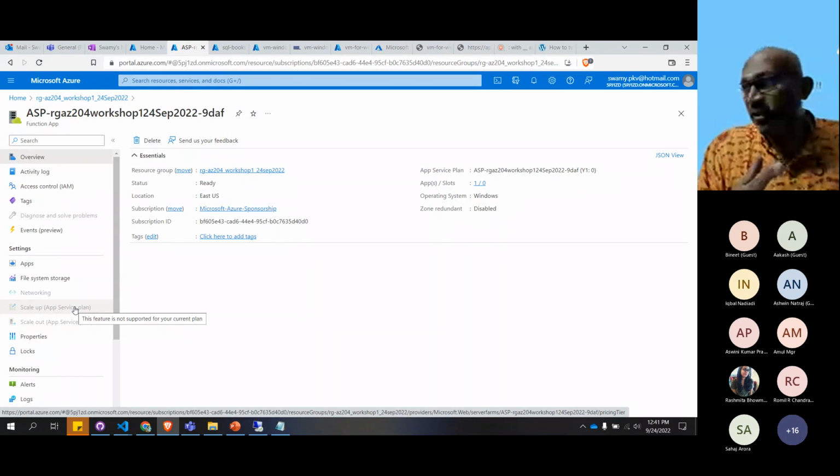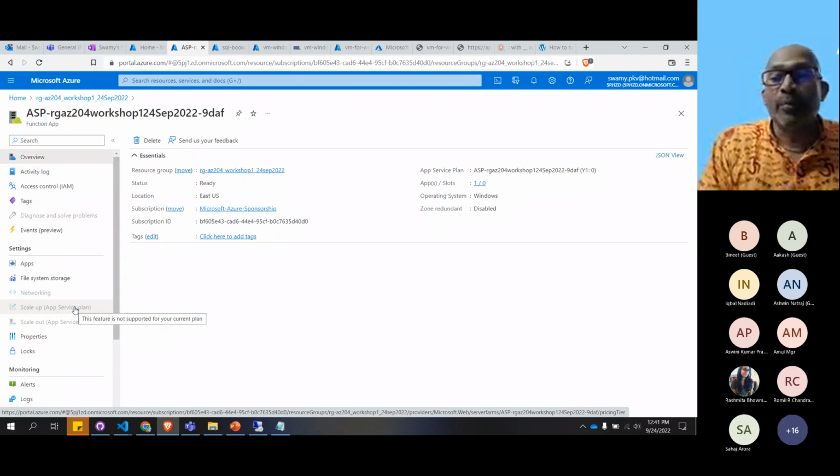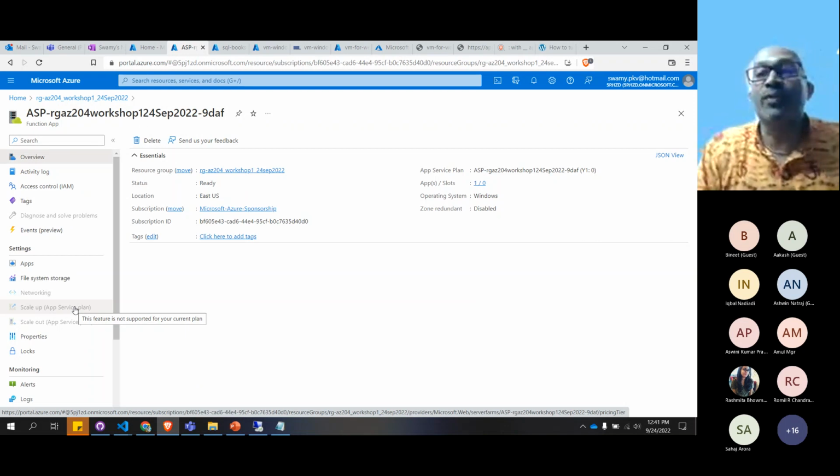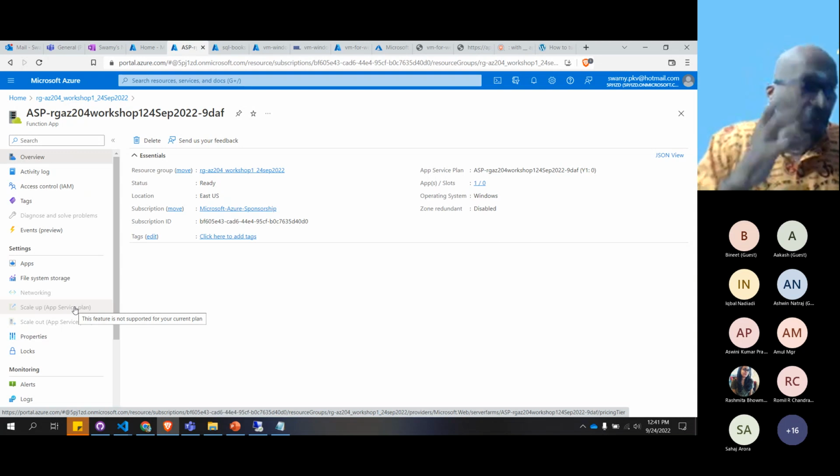Now you selected shared. Now you want to go to basic. You're paying 600 or 700 rupees. Now you have a budget. You can pay 4,000, so you bump your app service to B1. And now you have more budget. You can go to standard, pay 5,000 rupees. And you have more, you can go 10,000, 20,000 based on your budget and the business requirement, you bump it up. But this one is